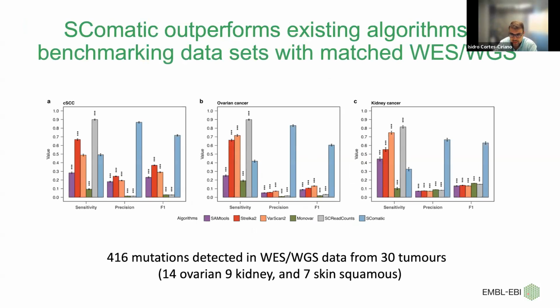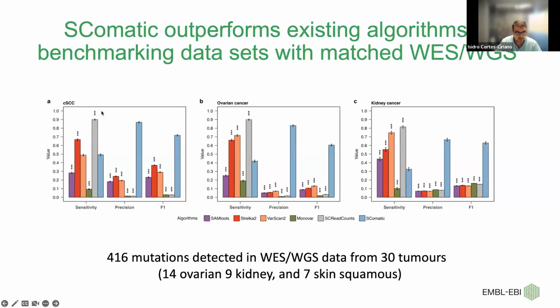In the following slides, and for mostly the rest of the talk, I'm just going to introduce you to some of the analysis that we've performed by applying SOMATIC to various data sets. This will allow me to show you some biology, as well as to show you why we are confident that this algorithm works. The three main data sets I'm going to focus on